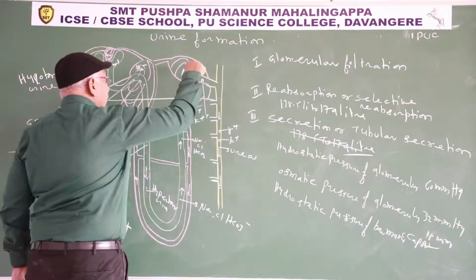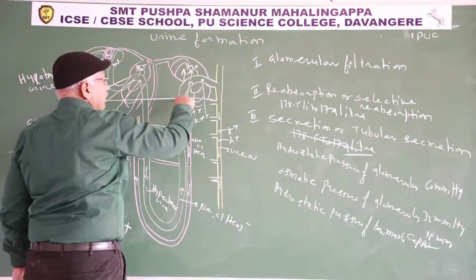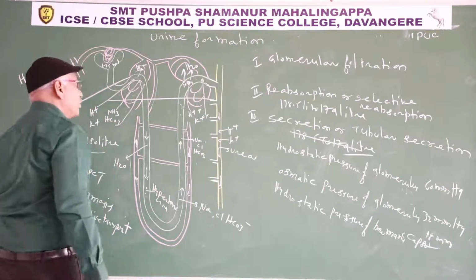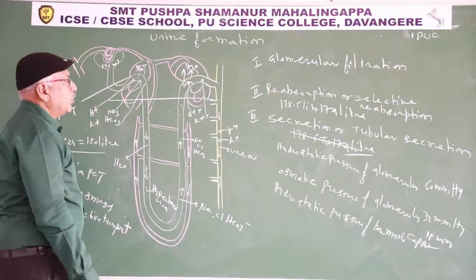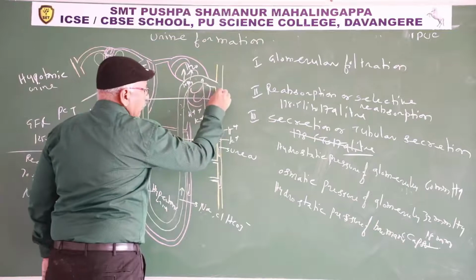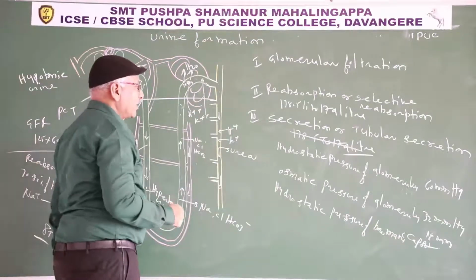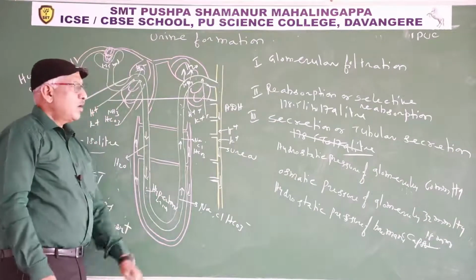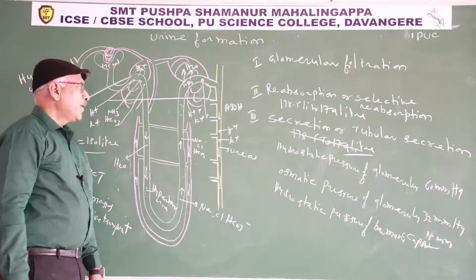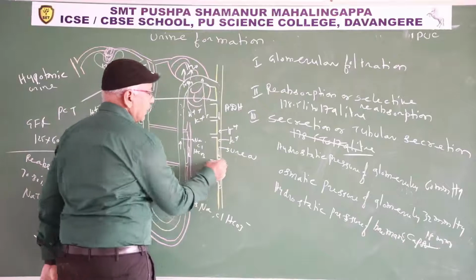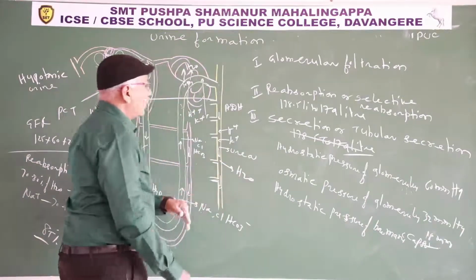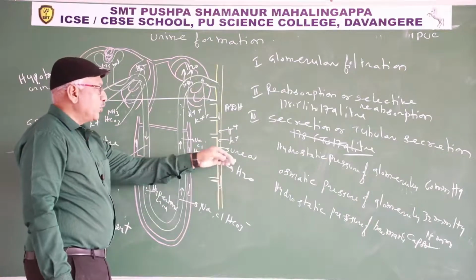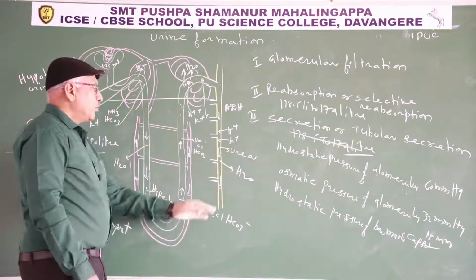While primary urine is passing through the straight collecting duct, in presence of hormone, antidiuretic hormone or another hormone aldosterone, at that time water is reabsorbed. Water is reabsorbed from the straight collecting duct into medullary fluid. Small quantity of urea is also reabsorbed. Due to loss of more water, hypertonic urine is formed at the posterior part of the straight collecting duct. Reabsorption in the DCT and straight collecting duct occurs in presence of hormone. That's why it is known as facultative reabsorption.